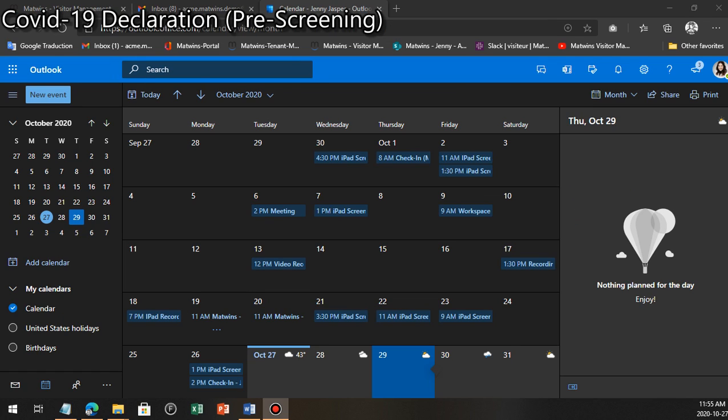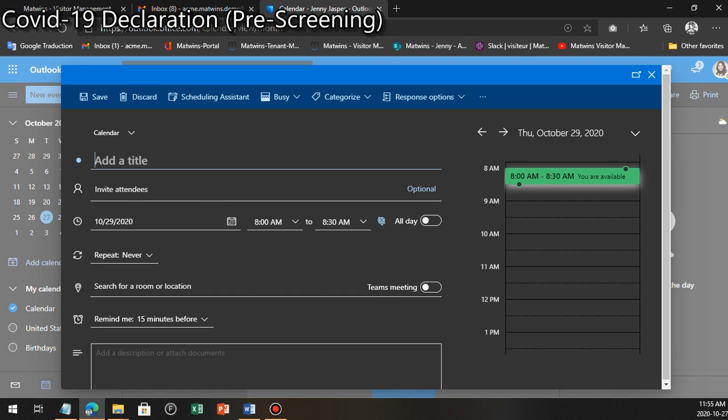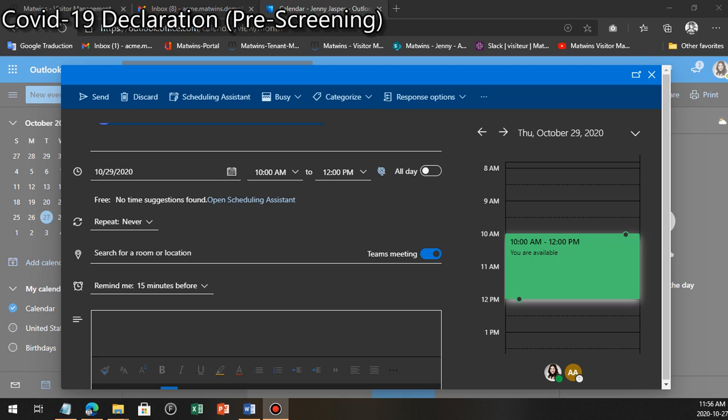However, if Alicia chooses to handle the invitation herself, which in many ways is a far more efficient way to do it, she would simply integrate the link to the COVID-19 screening form in her debriefing invitation using the Matwins add-in in Outlook. So let's say I'm Alicia and I'm ready to send out my debriefing invitation. I go into my Outlook calendar, I select the date of the debriefing, and begin to create my invitation. Once I arrive at the description box in my Outlook entry, I add instructions for my participants,